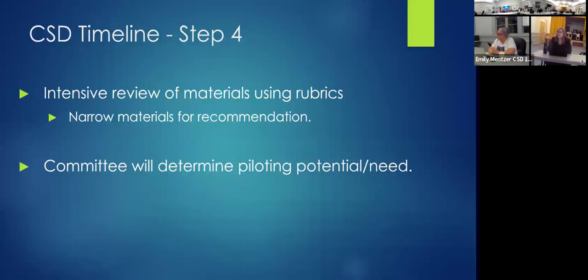piloting need is, or what is the need. We're just going to continuously ask that question. What is the need and why is that the need? And I would say that, just an example, when we did the math, or when we paused on the math, we still had a group because we wanted to do some, all right, do we need to tweak, or as we look at implementation,